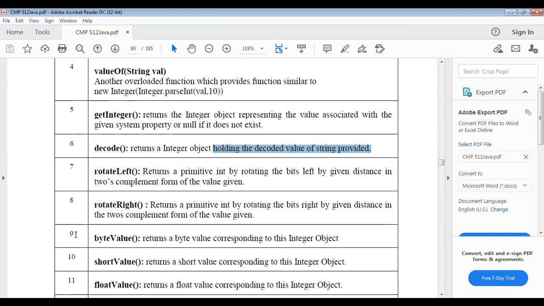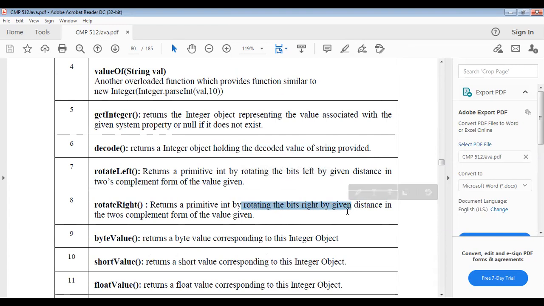Rotate left returns a primitive integer by rotating the bits left by the given distance in two's complement from the given value. Rotate right means rotating the bits right by the given distance, the same as in two's complement.